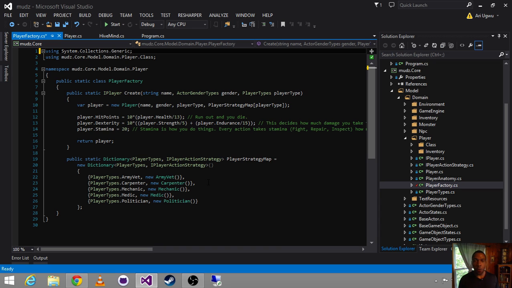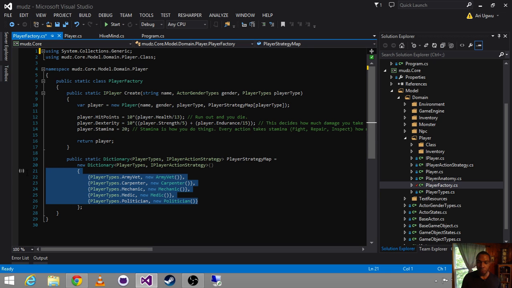And so instead of newing that up for every character, so if we had 10,000 players in the game, they'd all have 10,000 associated objects, we go ahead and create a dictionary, a player strategy map. So no matter how many players we have in the game, we'll only ever have 5 instances of the player strategies. And so you can imagine if you were able to do this for various aspects of your class, then you'd have exponential savings, right?